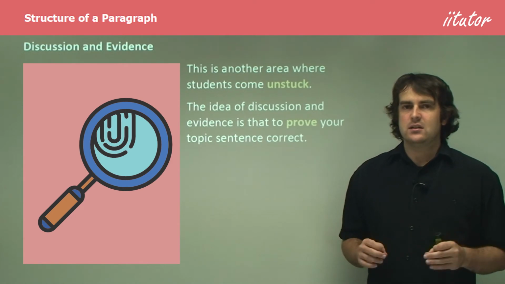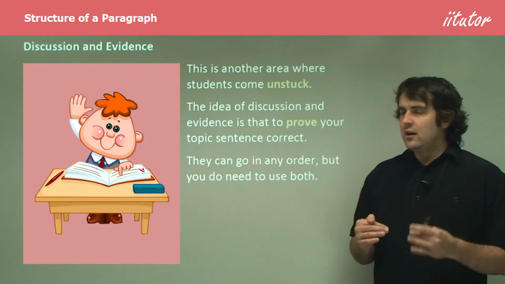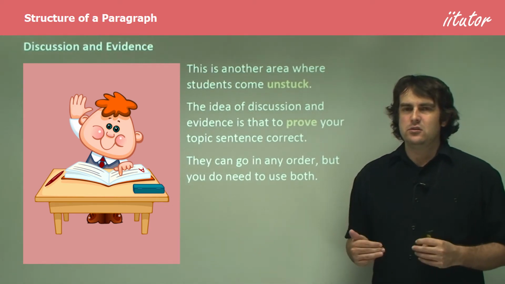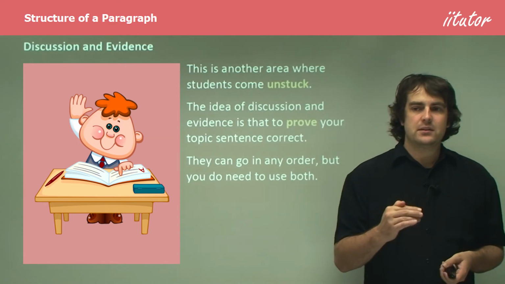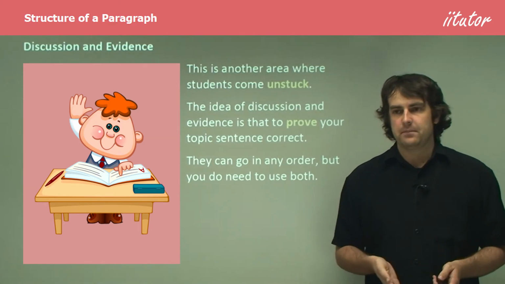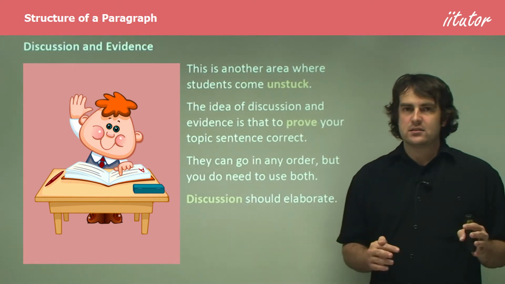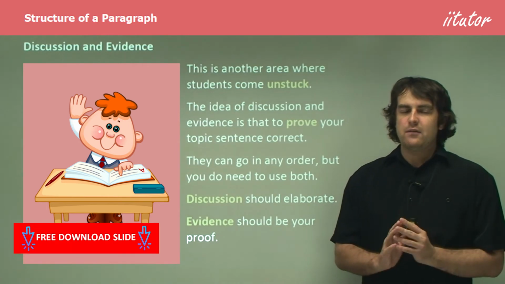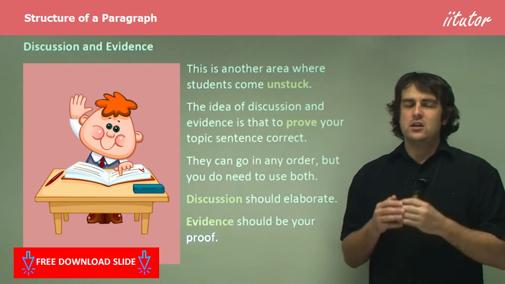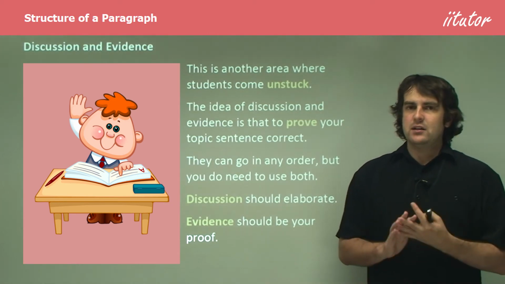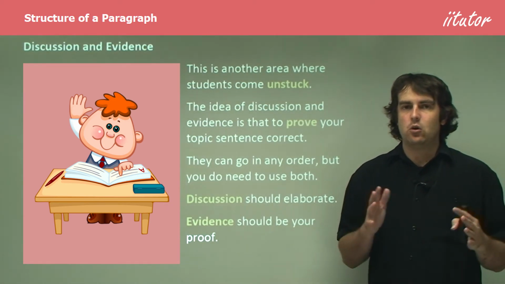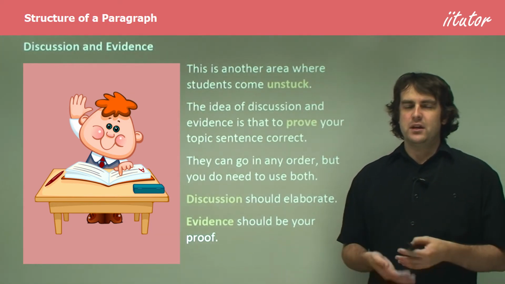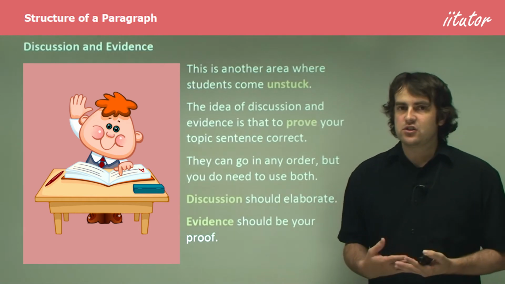And your evidence, as I said, is one of the things that backs it up. Now, they don't have to go in an order of discussion or evidence or discussion. They can go however you need to do it, as long as they relate back to the topic sentence and as long as you do use both of them. So discussion is the point which elaborates. It's the one that gives you the detail, and your evidence should be your proof. So really, it should cover, by the end of that paragraph, everything that you raised in your topic sentence and explained it in such a way where you've covered virtually all the ground you can. That makes it airtight. It makes it something you can't escape from being, at least by your definition, correct.